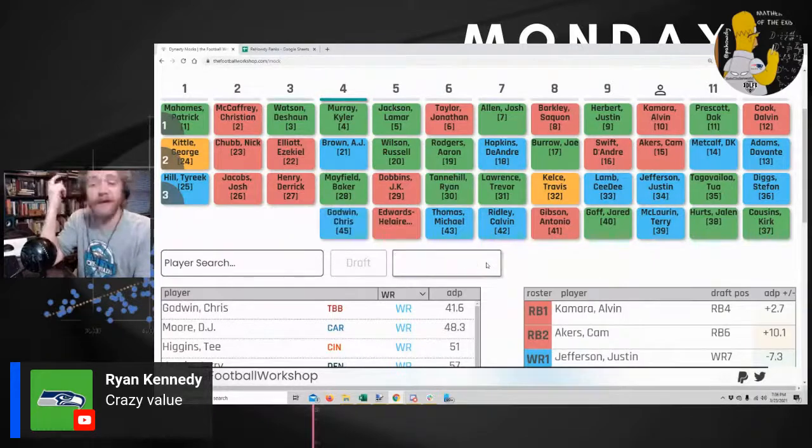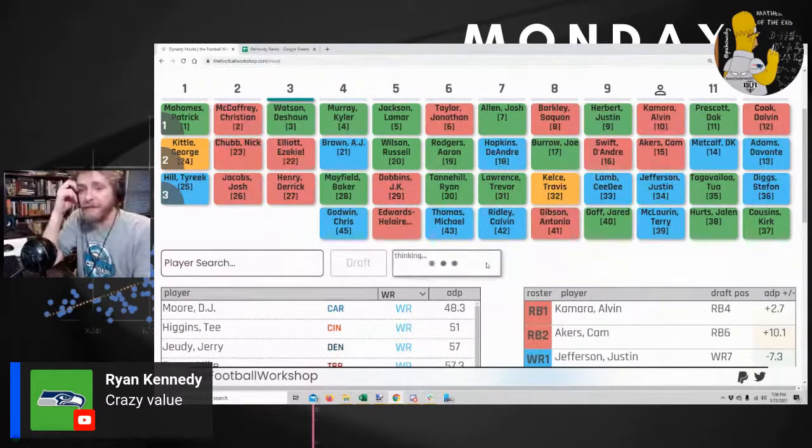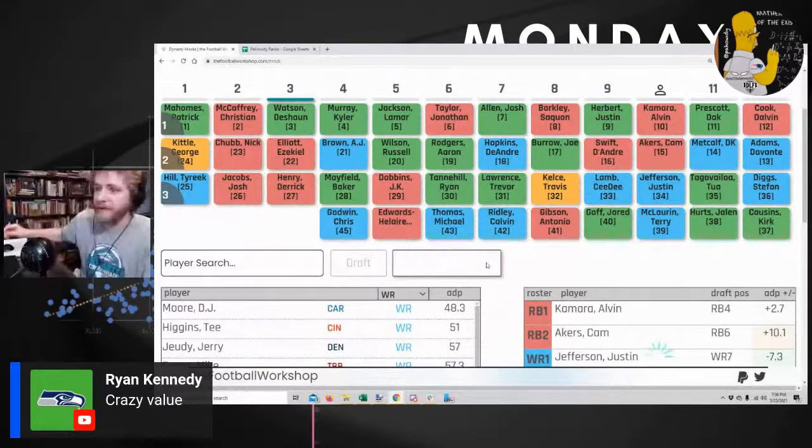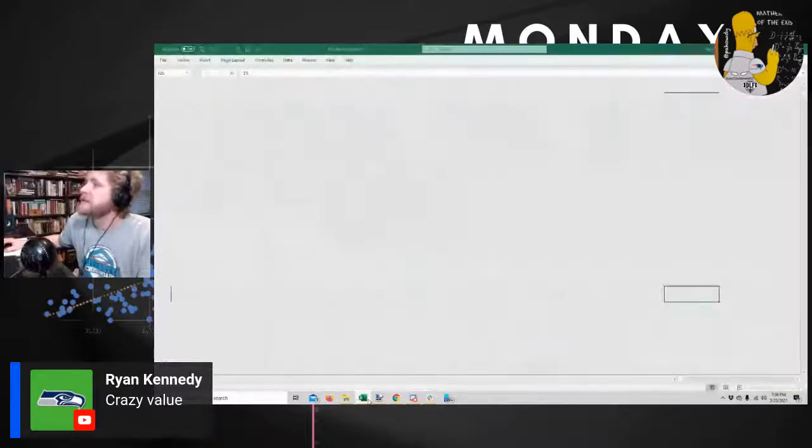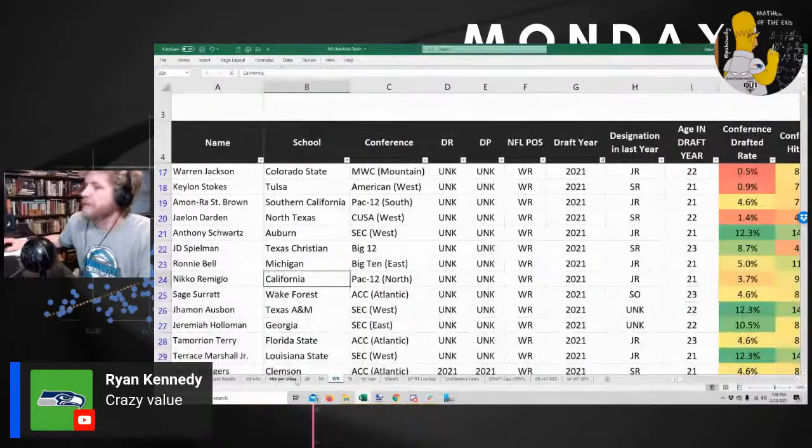That is the worst draft value I've seen in the last 4 years, by the way. Michael Thomas falling to, like, he's like wide receiver 5 or something right now. Where's my draft picker-upper helper?